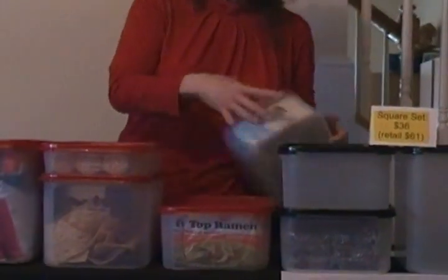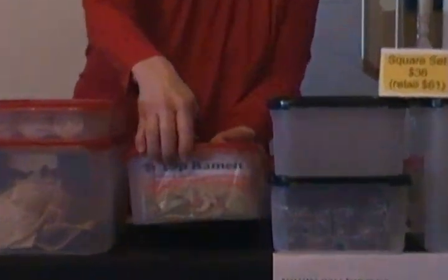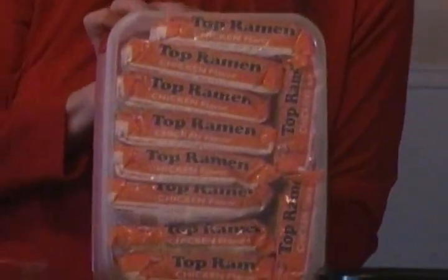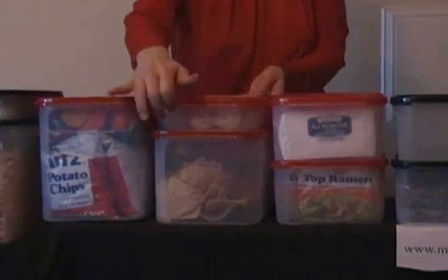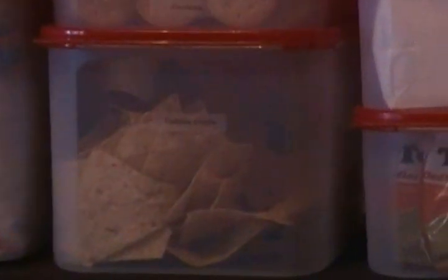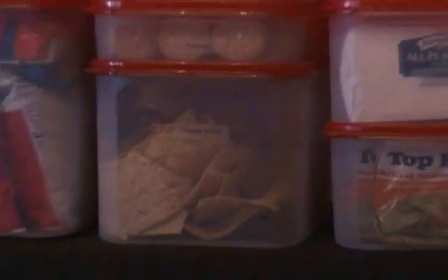And you can scoop and level inside these, so they make perfect canisters for all your baking items. Then also this one, and everybody's been excited about this because it can hold 10 packages of ramen noodles and about 7 pounds of sugar. It could do 6 sleeves of saltine crackers, numerous types of things that you put in it. Then we have the rectangle 3 right here, perfect for tortillas, pretzels, those types of items. And the rectangle 4,